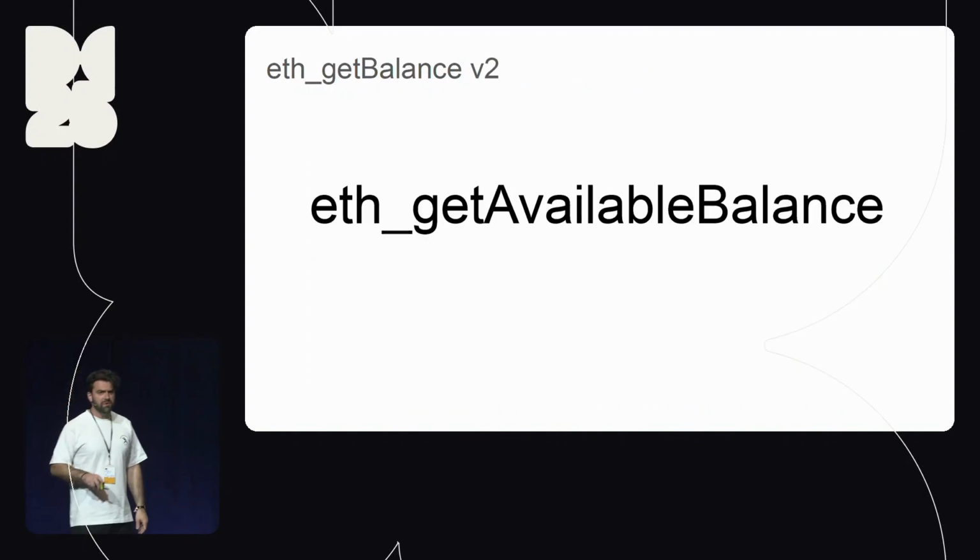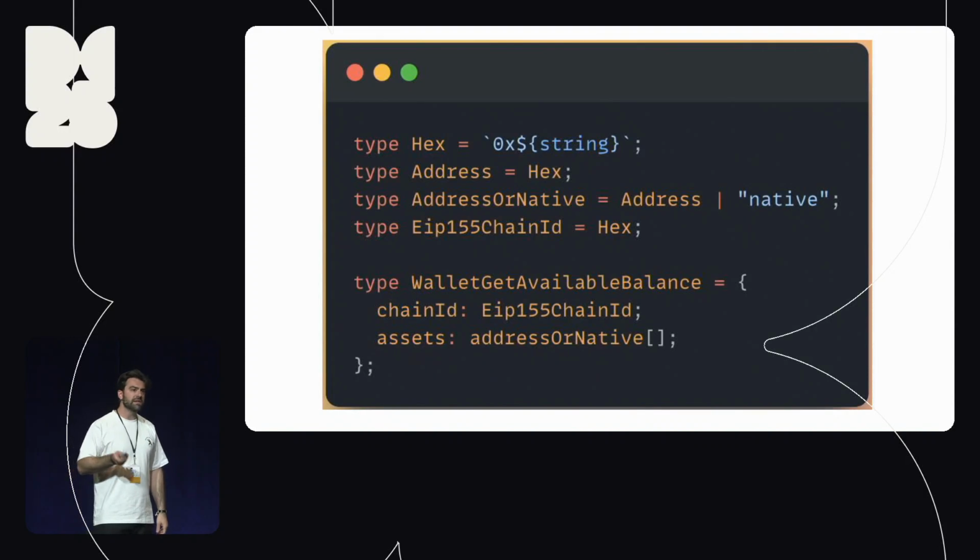There's a few competing proposals out there, and this is the simplification for it, and this would completely remove a ton of the data duplication problem. It would allow an application to get cross-chain natively without having to think about an SDK. It just comes directly from the wallet. And there's already quite a bit of support to have something like this implemented in some of the major wallets. The change is to basically upgrade get balance to get available balance, which is based on user desires and user preferences, what is the balance that the user has for something.